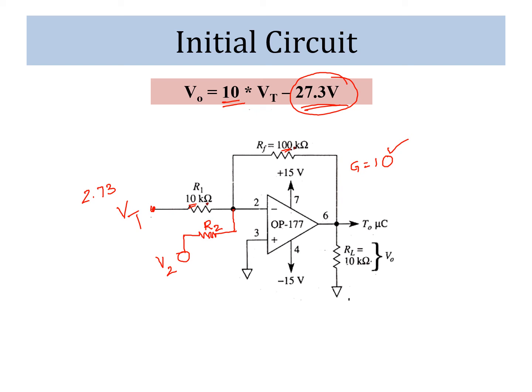So we have to see that RF upon R2, multiplied by this voltage V2, should be equal to 27.3 volt. That is what we are interested in. We will see some value, maybe 12 volt or 15 volt, because we already get gain. If I put 10 kilo ohm here, then the gain automatically becomes 10 times. So 2.73 volt into 10 gives us 27.3 volt, permanently constant, available here.